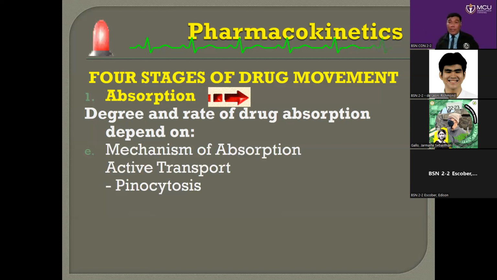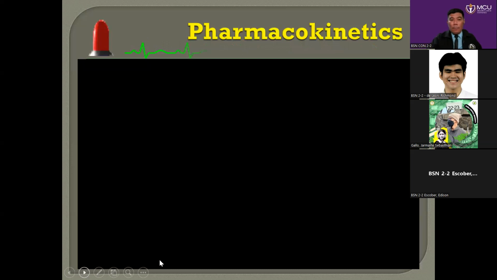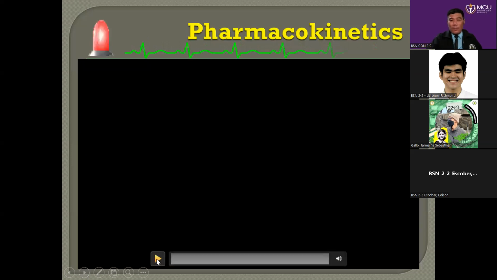Another, pericardium. Pericardium is the covering of the heart. It has pericardial fluid. The fluid itself will be the one that will transport this chemical action of the drug to facilitate its desired effect. So that is what we call pinocytosis. If you have any questions, don't be hesitant to post your questions in the chat box. Okay. Now, let us proceed to the next principle.